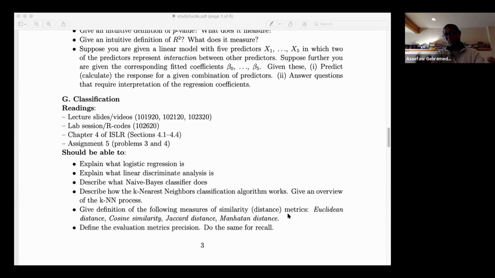And I want you to know all of this in a way that you can say what the methods are, essentially. Explain them, say the advantage and disadvantage, when they would do and when they would not do. But the